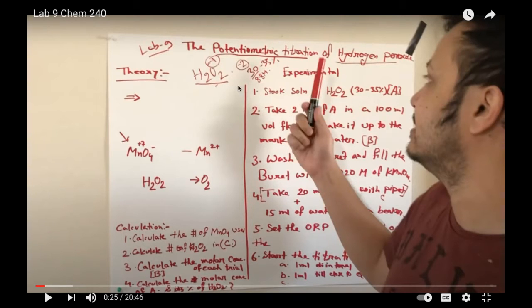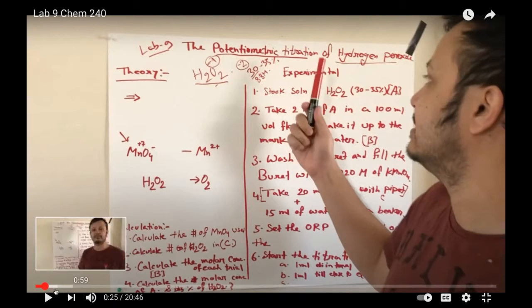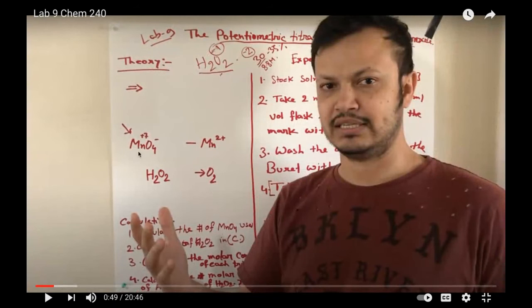So you have to find out the exact concentration of the hydrogen peroxide, whether it is 30% or 35%, or maybe sometimes even less. If you keep the hydrogen peroxide for a long time, the concentration becomes much less, even 28%, 25%, like that also. So for that we need the help of KMnO4. Now why have we selected KMnO4? We could select a lot of things, but why KMnO4? This is one question, and if you go over the questions, you'll see I asked this question also. It has two reasons.